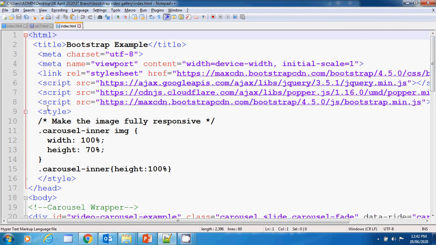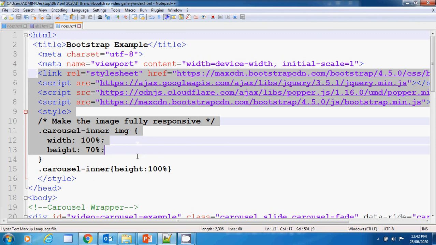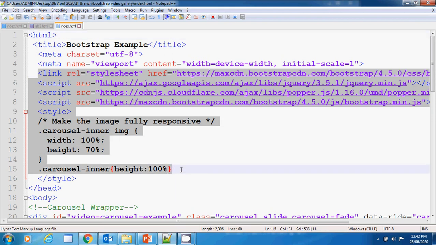These are some style sheets which we need to copy. We'll be discussing this later on. Right now I want to show you how this can be done in our page.